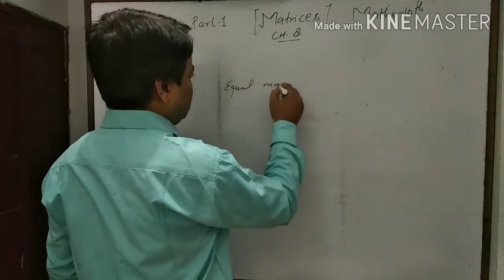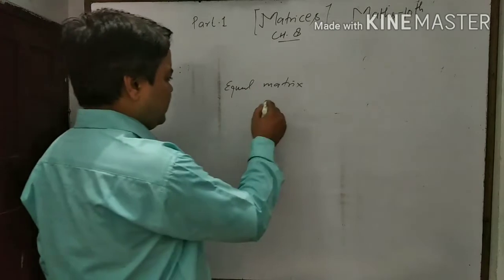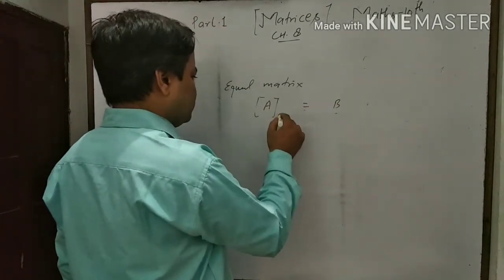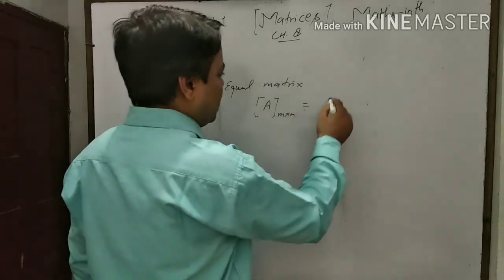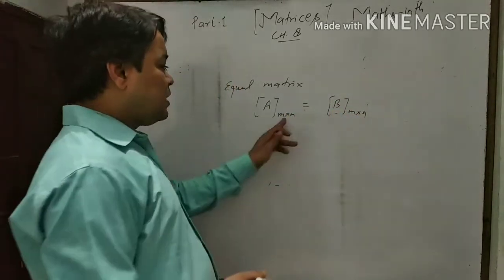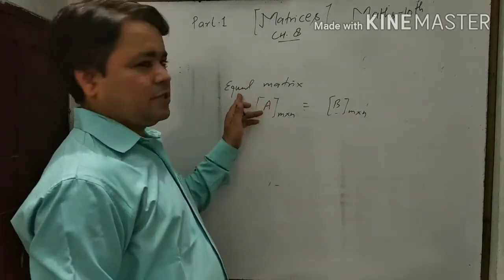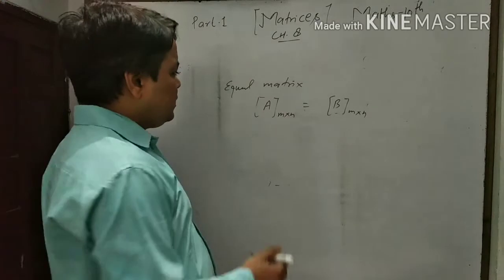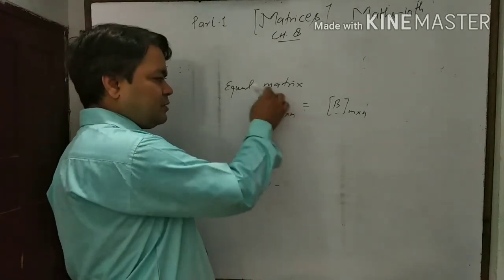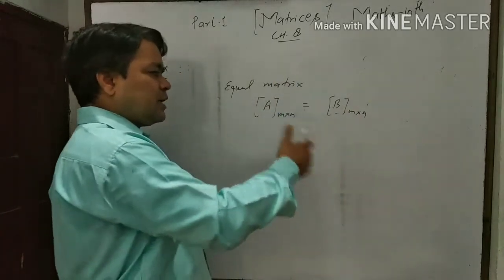Equal matrix. Two matrices, let this be A and this be the matrix B. The order of this matrix is M by N, and the order of this matrix is also M by N. This alone is not enough for them to be equal matrices. What is important is that each element of this matrix should be equal to the corresponding element